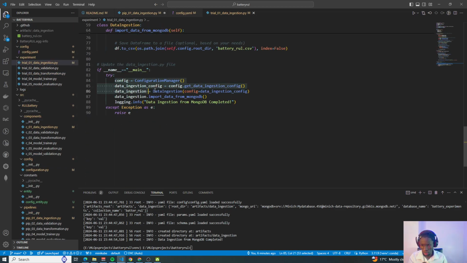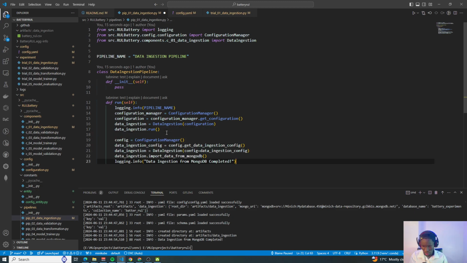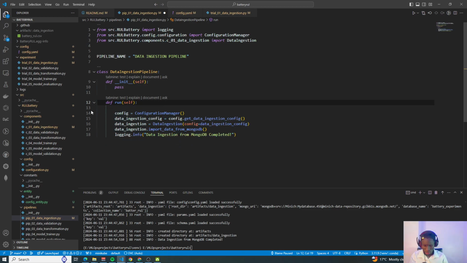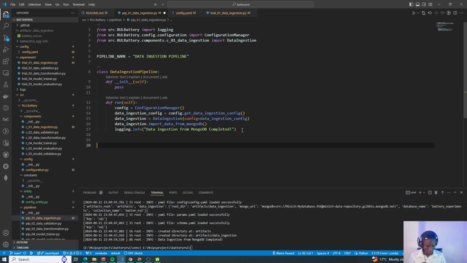So essentially, we're just importing this. Let's see if configuration manager, we are supposed to start with the configuration manager. No, let's just do away with this. So configuration manager, data ingestion, that's okay. Then we add the if else if